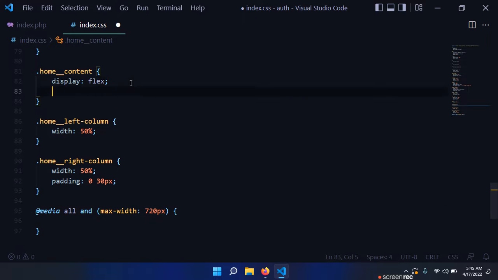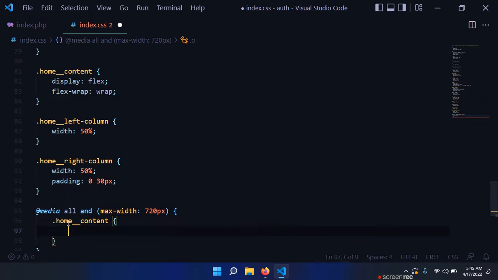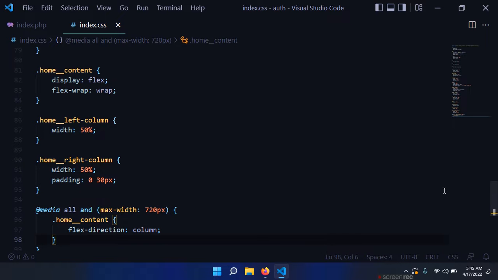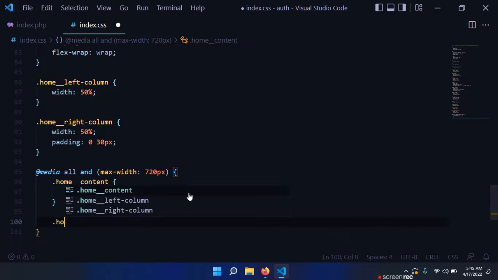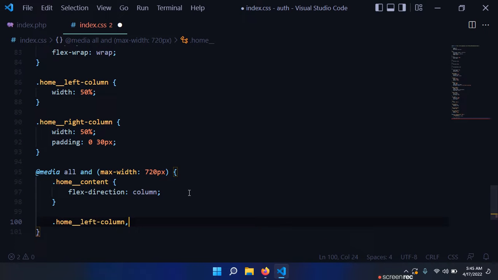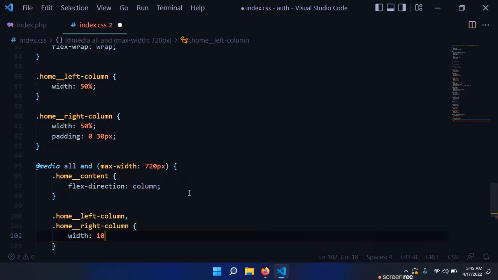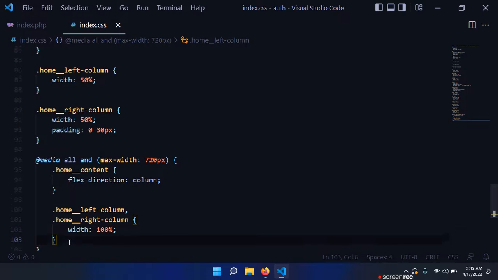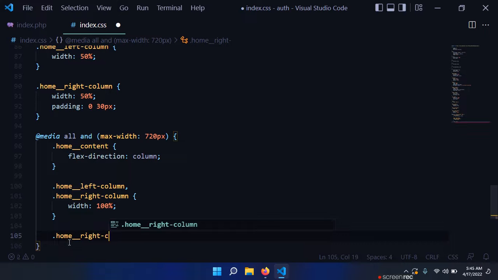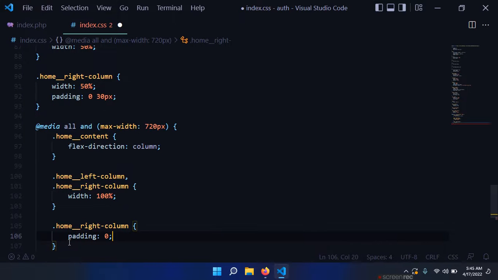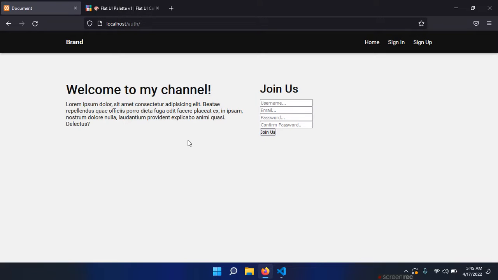For this home__content, we also want to give it a flex wrap of wrap. We want our home content to have flex direction column, and we want both columns to have 100% width. Let's see, home left column and home right column with 100%, and the right column, home right column, we want padding 0. Okay,